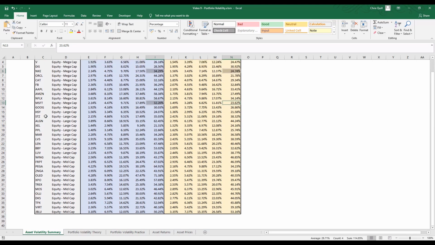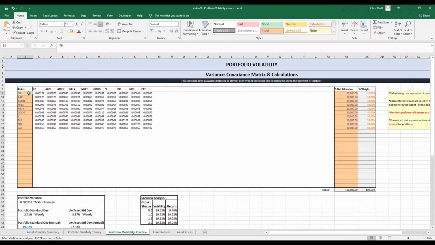And I'm going to pick STZ, PPL, LVS, LEN, LUV, PEGA, OLED, TREX, MOS, and DKS. So if I copy all of these as values into the variance-covariance matrix and give them all $10,000 allocations, which they already have here because of the previous setup that we had in this matrix,